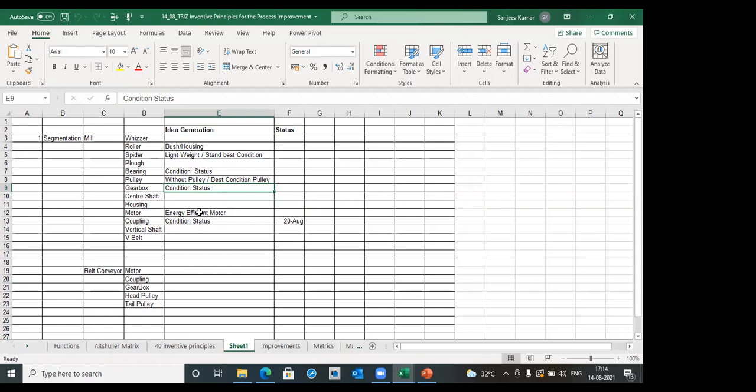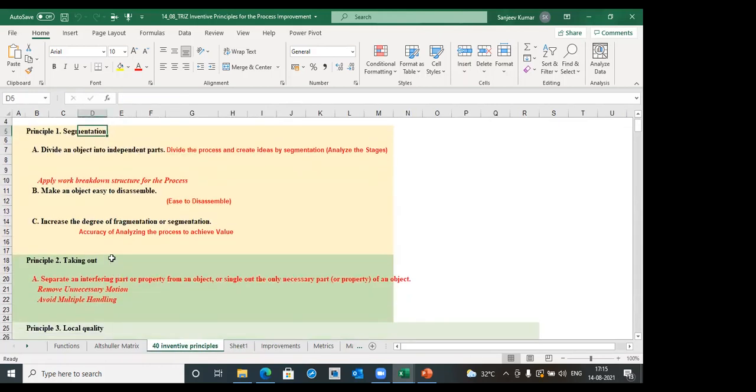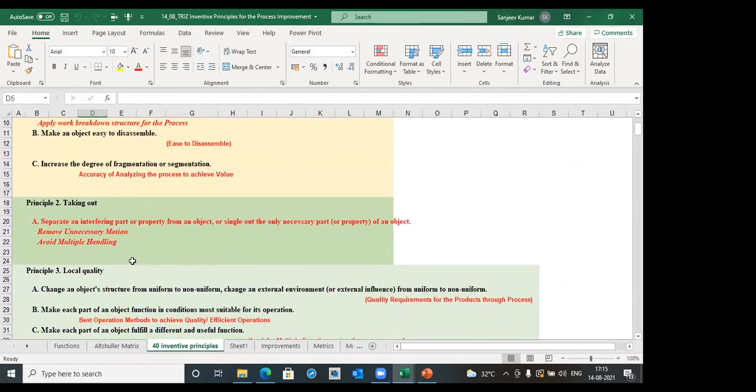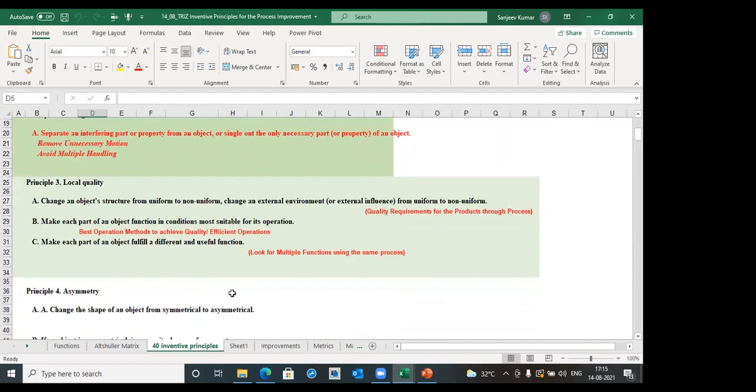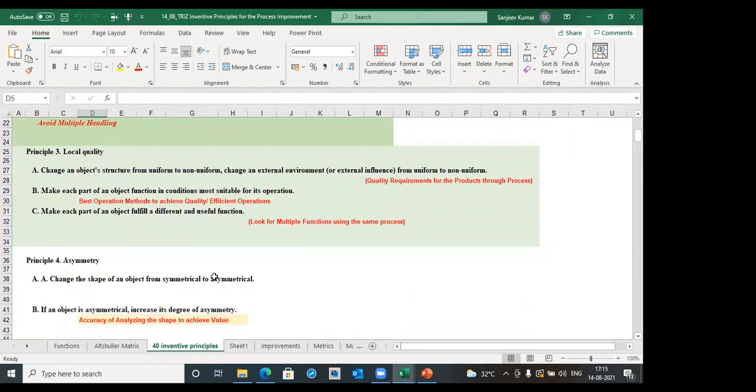So we will discuss. Presently we are members of the team, but the plant people will discuss these things among the persons directly involved in the job and come back with their inputs. We are moving component-wise through segmentation and looking at the possibilities. We will go one by one through each point. This is our plan, sir.